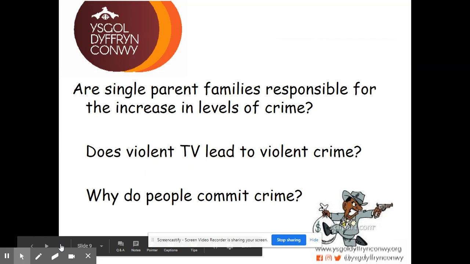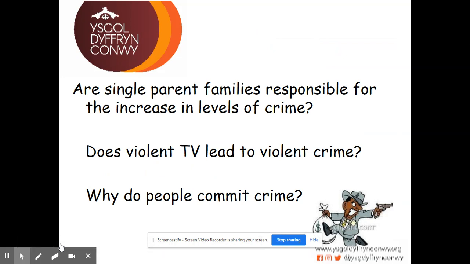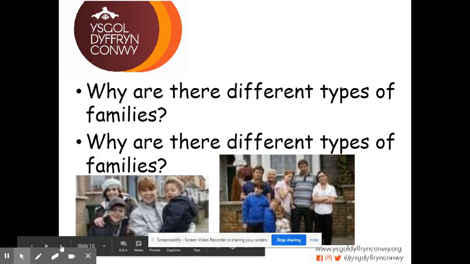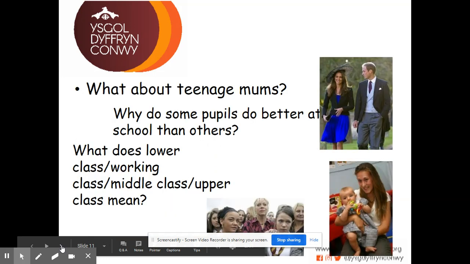Cwestiynau eraill yn gallu cynnwys: are single parent families responsible for the increase in levels of crime? Why do people commit crime? Pam bod pobl yn dewis troseddu? Why are there different types of families? Pam bod na mathau gwahanol o deuluoedd? Why do some